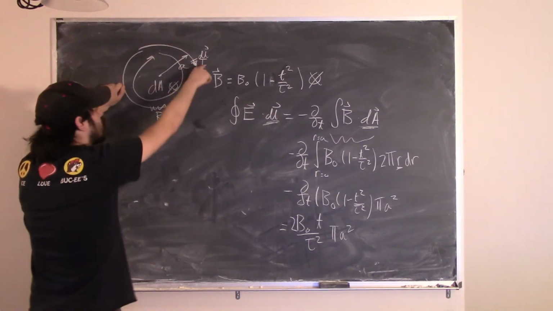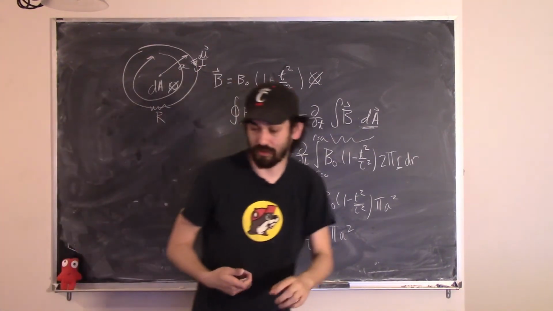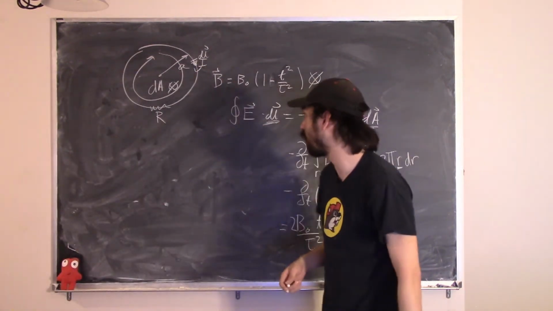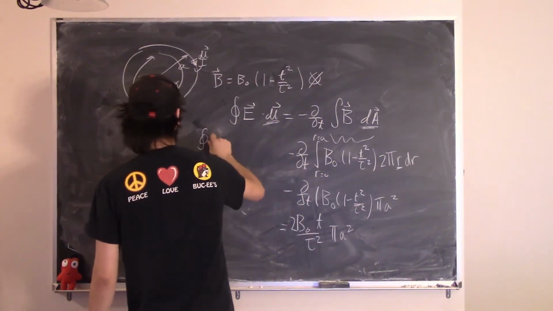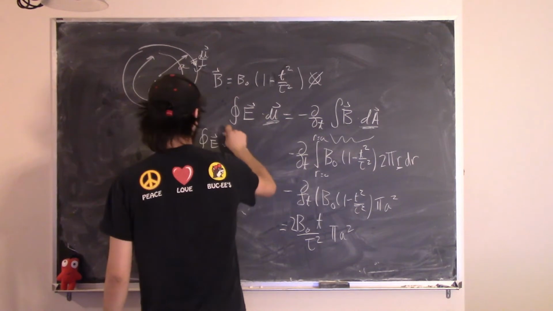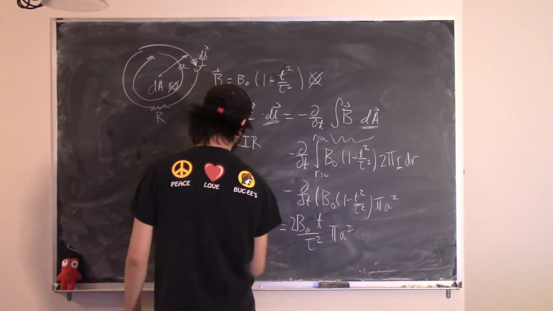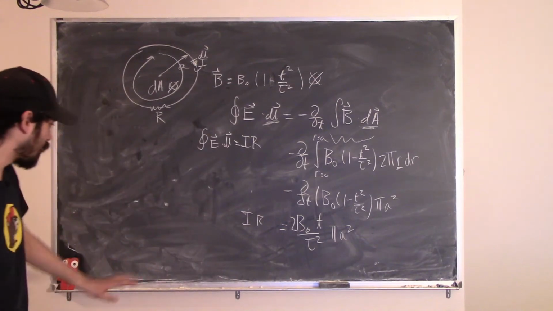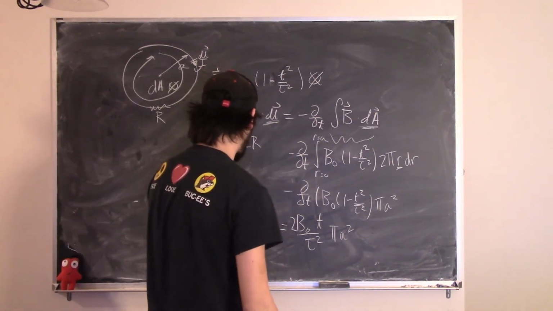This is the same direction as the current, and so we remember our rules for circuit analysis. If the loop is going the same direction as the current, that means that this is going to give me a contribution of integral of E dot dl is equal to I times R. So this is I times R is equal to this. And now the last thing I need to do is divide both sides by the resistance